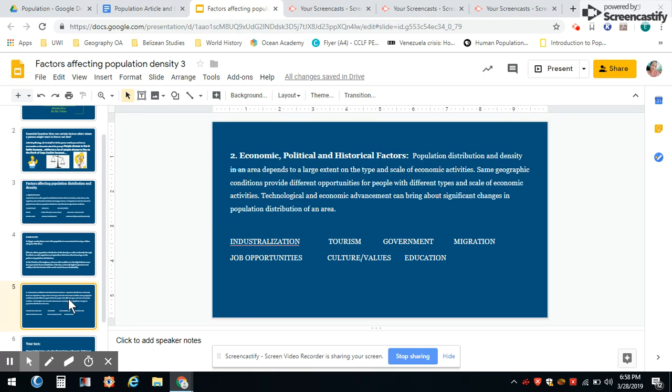Population distribution and density in an area depends to a large extent on the type and scale of economic activities. Same geographic conditions provide different opportunities for people with different types and scale of economic activities. Technology and economic advancements can bring about significant changes in population distribution of an area. So, for example,